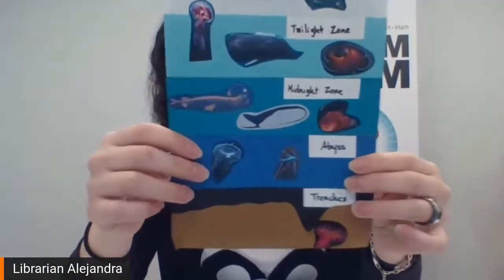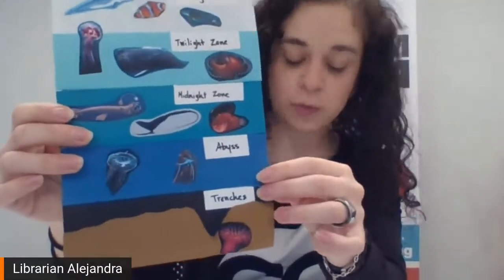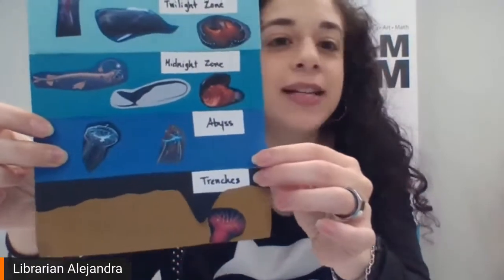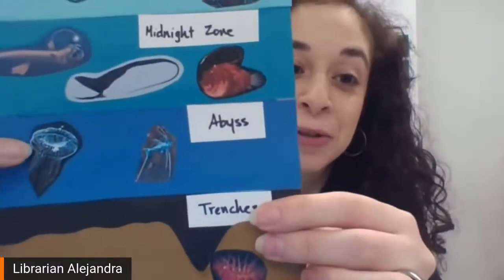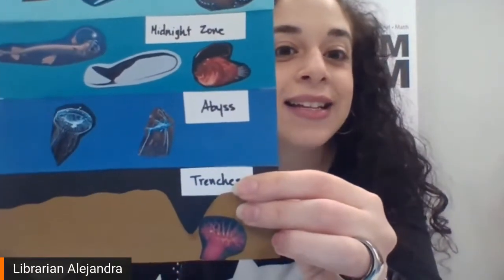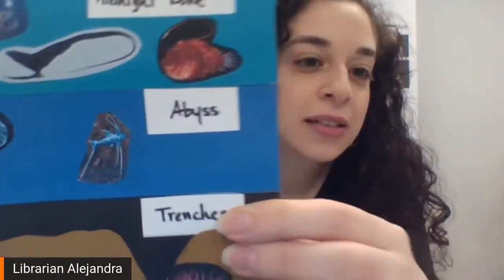And the abyss, which is pitch black. The pitch black bottom layer of the ocean where the water is so cold it's almost freezing. So barely any creatures live here, but you get some really cool ones and they all light up. They're all bioluminescent because again, it's very dark in this one. But there's actually pretty cool animals.